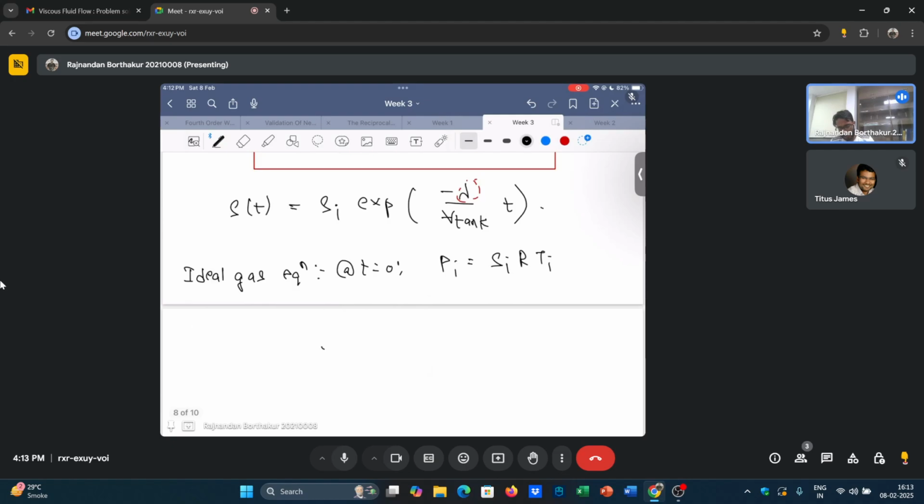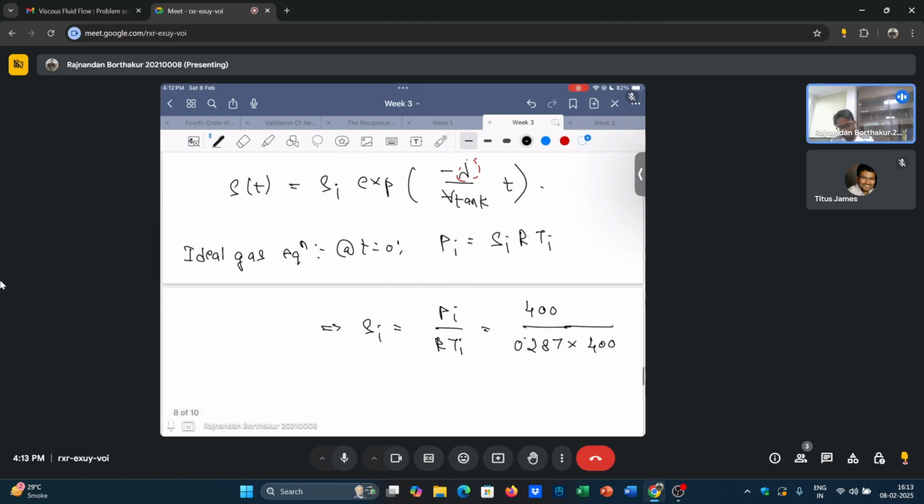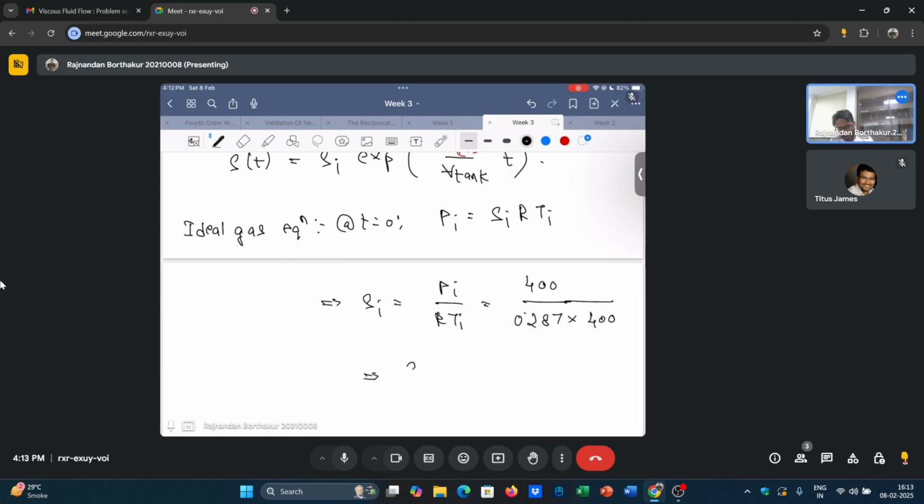Okay, which means that your rho I is just pi by R T I, and you just substitute the values. It is given that your pi is 400 kilopascal. Your R is 0.287 kilojoule per kg Kelvin. So kilopascal and kilojoule, the 10 to the power 3 terms would just get cancelled. So this term is just 0.287 into your T I, which is 400 Kelvin, which means that your initial density rho I